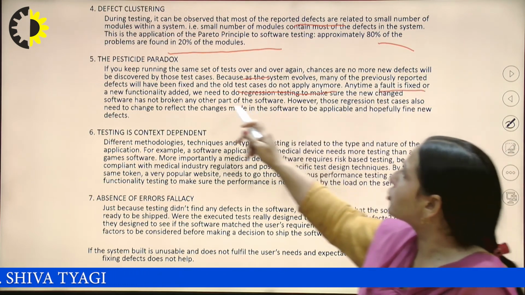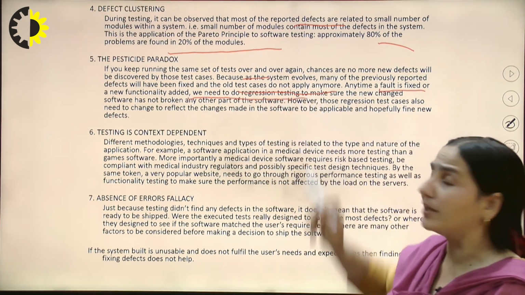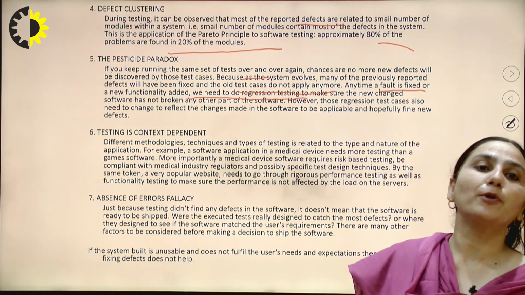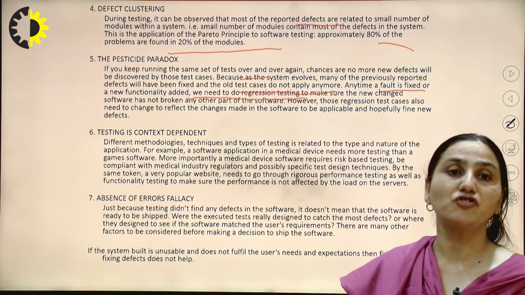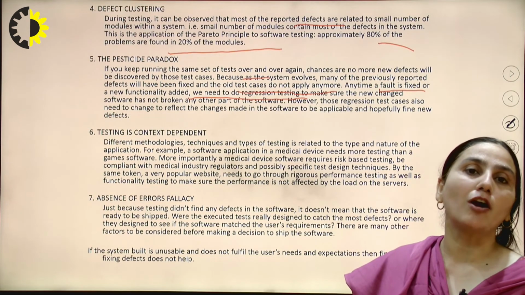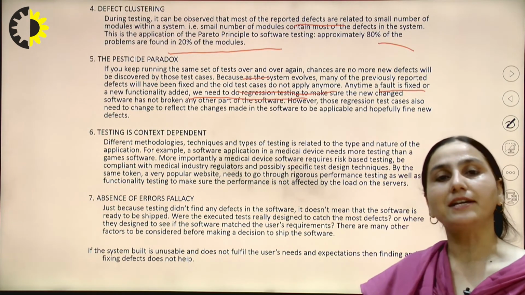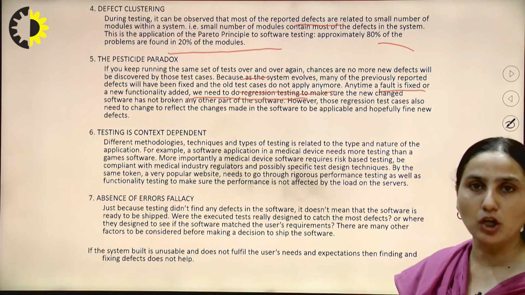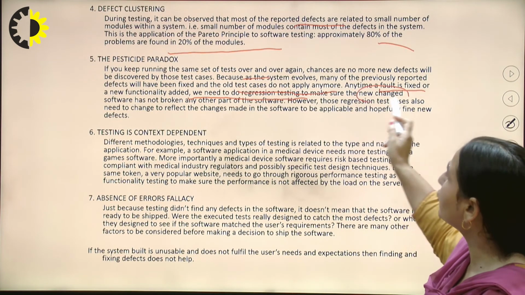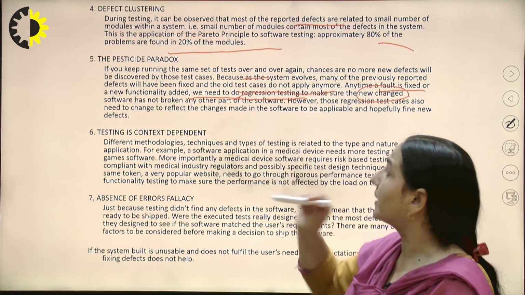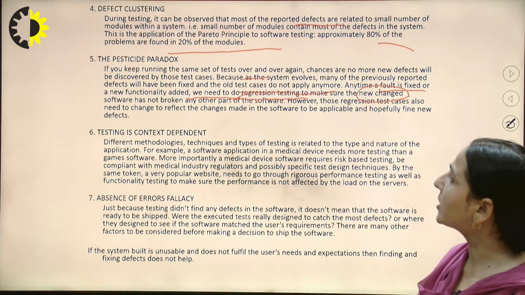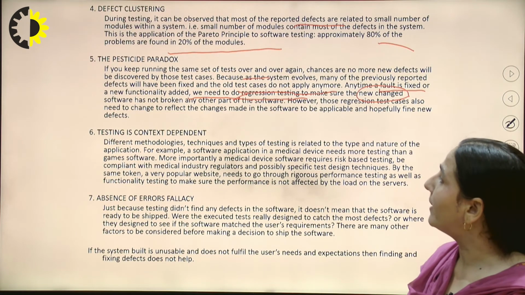Anytime a fault is fixed or a new functionality is added, we need to do regression testing. Now, what is this regression testing? If we have incorporated any particular change in the software, we again need to test the software. That type of testing is basically called regression testing. Though we have tested the software initially, due to the changes we have incorporated, we perform the testing again. However, those regression test cases also need to change